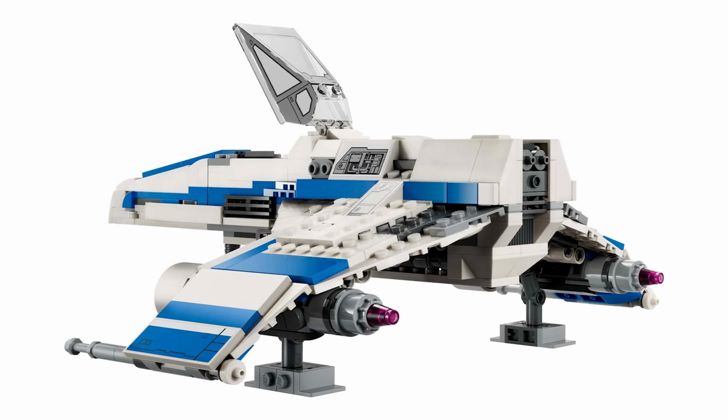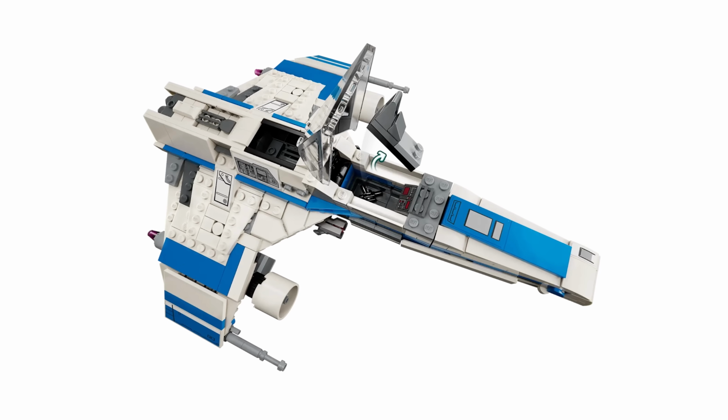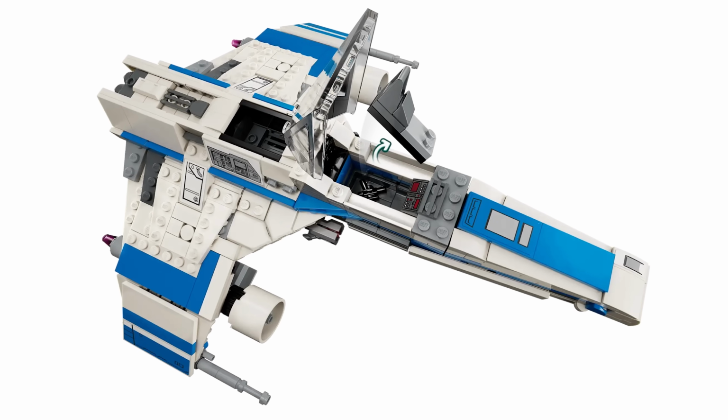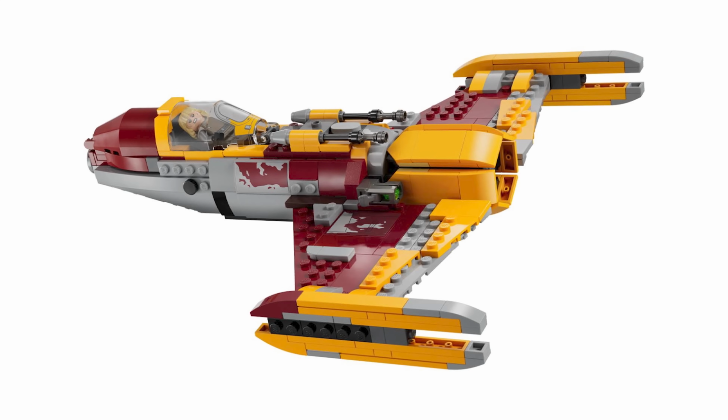You have really cool looking engines with that pink thrust coming out of the back. The cockpit area is phenomenal. Inside of there, there's actually an extra little compartment where you can hide Captain Porter's blaster. That's great. Now, as we look to Shin Hati's Starfighter, it's got some different elements from different Star Wars vehicles